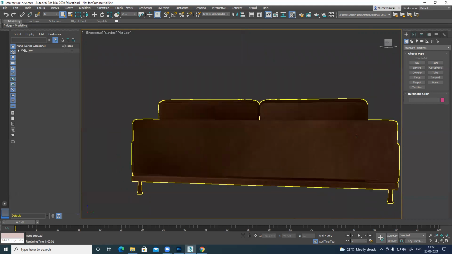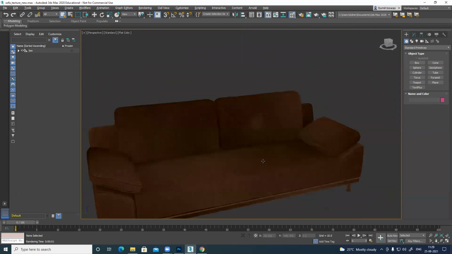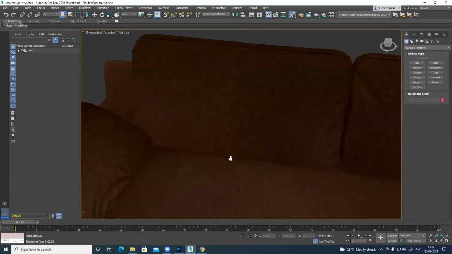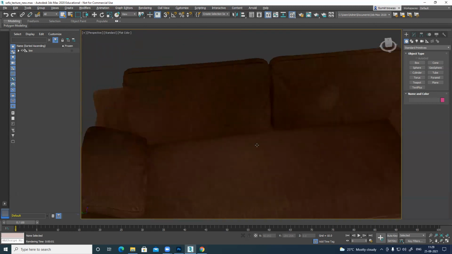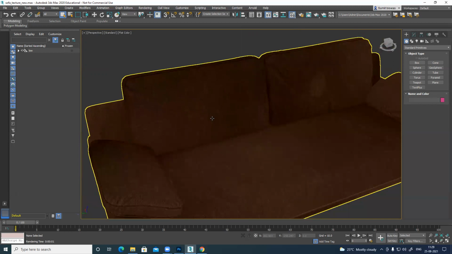Overall, you can see everywhere I have tonal variation. That is very important. So I can add. Now let's see. So now I have added all this tonal variation. So I have different tones.